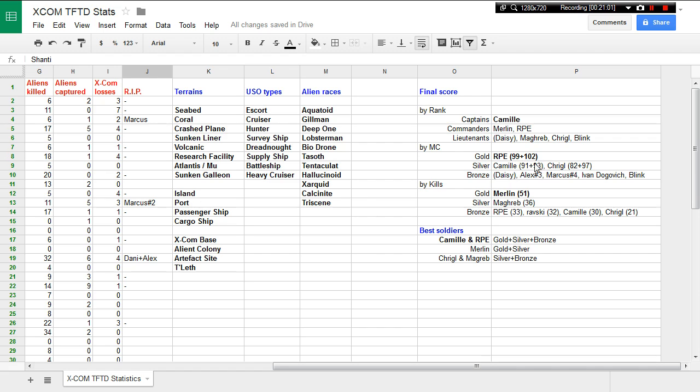We've used only these 3 plus Daisy a few times, plus Ravsky, I believe, also one or twice to mind control the aliens. The other ones not, because, well, what we mostly need is the strength and the defensive skill. The attack is optional. And then the last and maybe most interesting statistic is the